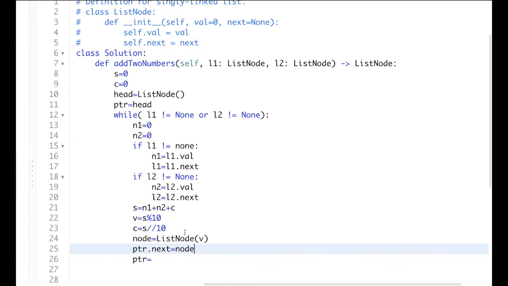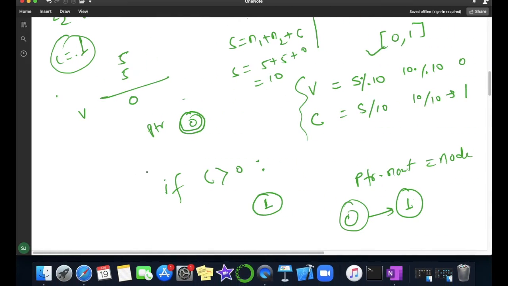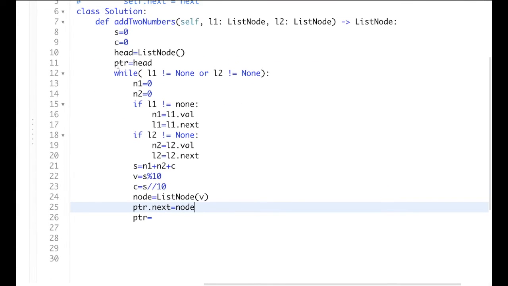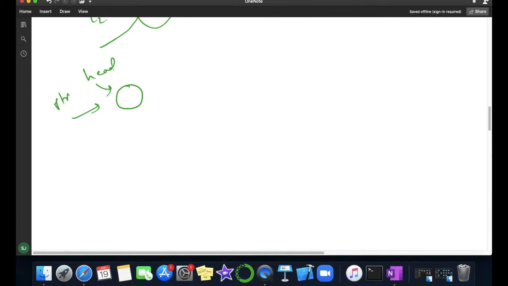So let me explain this line to you. Initially we have created one node, this is my head node and this is also my ptr, correct? You can see here we have created a head node and we have assigned this head to a ptr. So head is also pointing to this node and ptr is also pointing to this node.